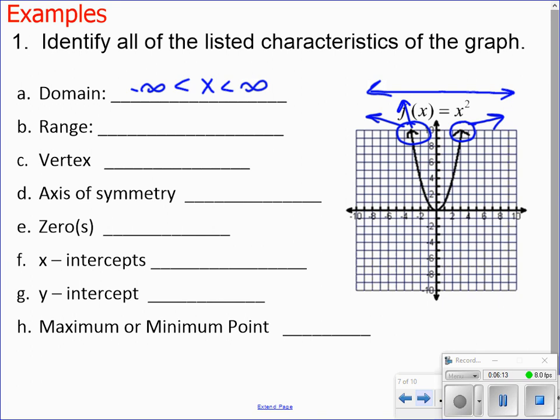So because this includes all real numbers, the other way that we could write it, and the more accurate way to write this would be to say all real numbers for our domain. Now, we decided we could write it as an inequality, but we could also write it as in